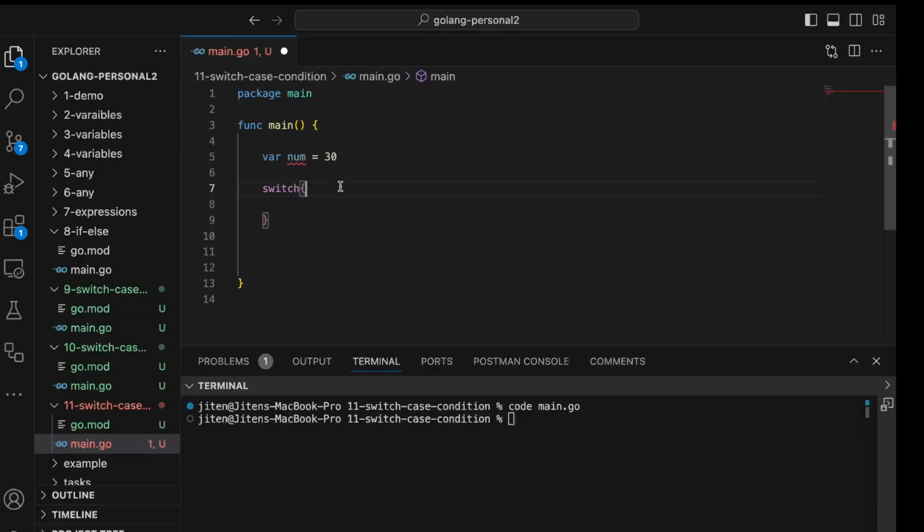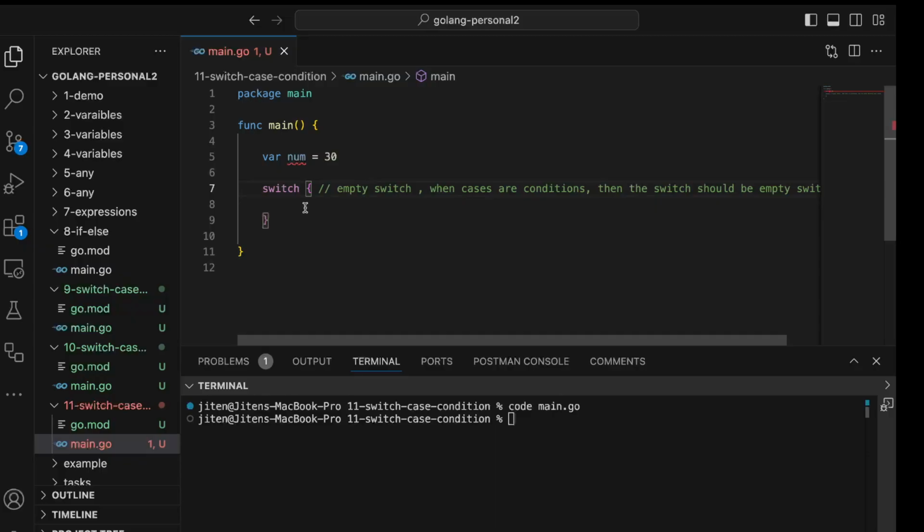This is called an empty switch. When to write empty switches? When the cases are conditions, like if conditions, then the switch should be empty. Here cases will be conditions. I write a condition with case. You usually don't find this kind of variation in many programming languages. That means case num, for example, a simple thing, num modulus 2 equal to 0,